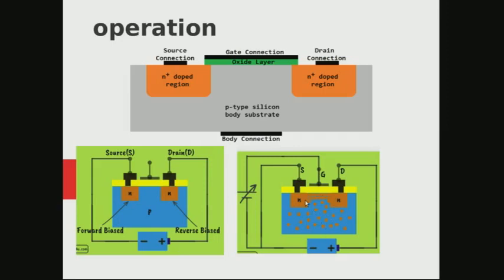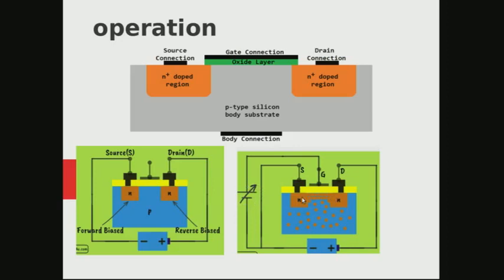When a suitable positive voltage is applied at the gate terminal, due to attraction of the positive potential of the gate contact plate, the negatively charged electrons, which are the minority carriers in the p-type base, will accumulate towards the contact plate, and it will form a negative charge carrier channel, and it behaves as an n-type semiconductor region. The number of electrons that accumulate in the region will depend upon the strength of the positive potential that we give to the gate terminal.